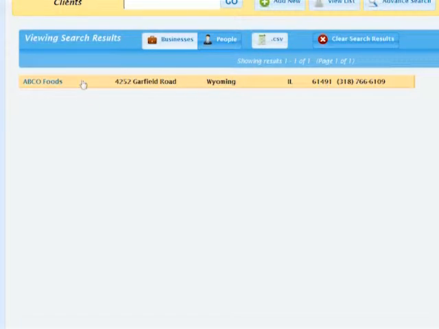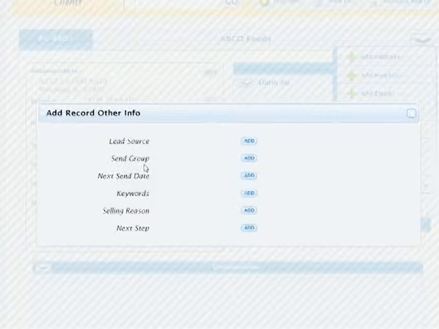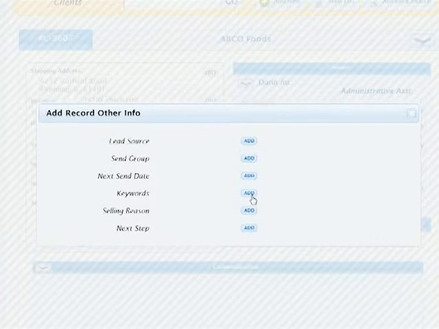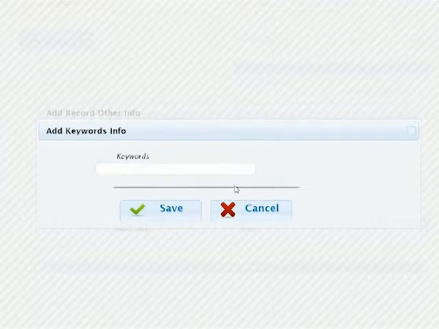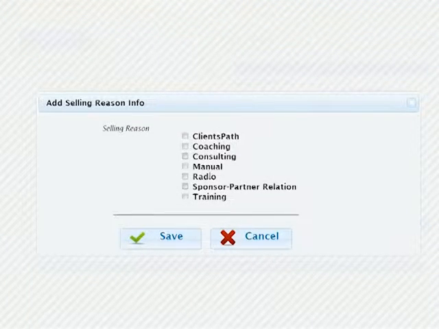So the system can be used in such a way. Let's see what else we have as other information. We also can have keywords. This keywords field is blank. We can put whatever we want, and it is searchable. We've already seen the selling reason, which is a multiple checklist, and we can check or uncheck them.